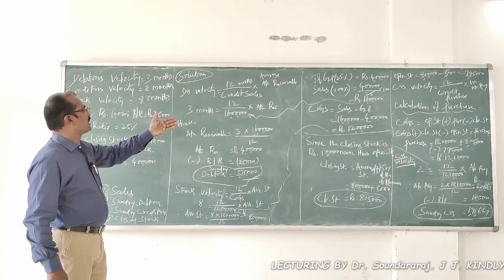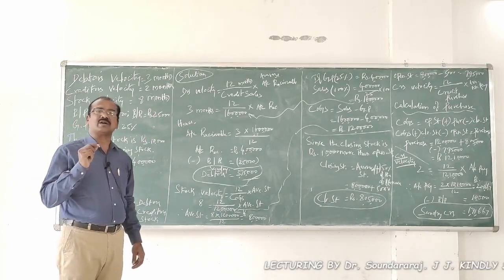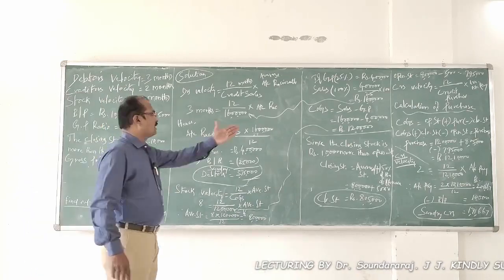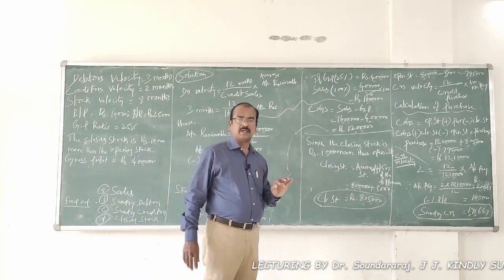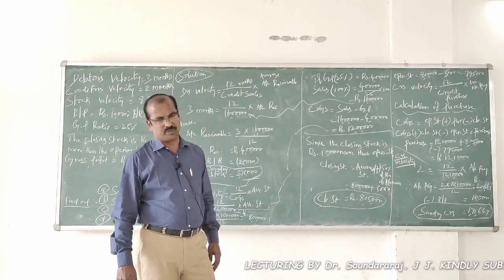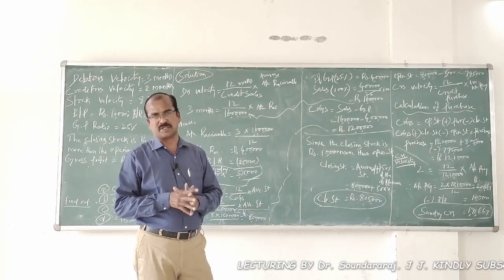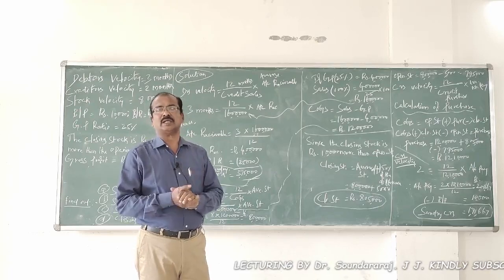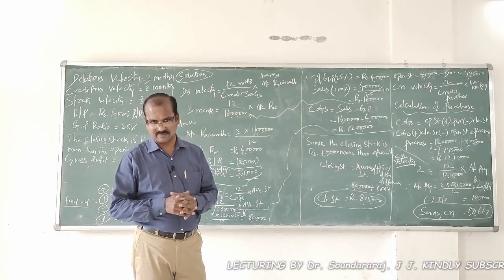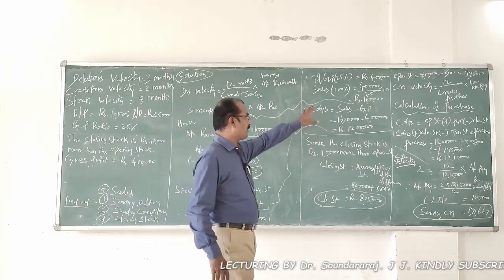Now, to continue with the calculation of this debtors velocity, we need to know the amount of sales. How to calculate the amount of sales from the given information? Let's look at the working done here. In the problem, it is stated that gross profit is amounted 4 lakh rupees and the percentage of gross profit on sales is 25%. Therefore, gross profit 25% is equal to 4 lakhs. Then sales 100% is equal to what? That is what I have done here.